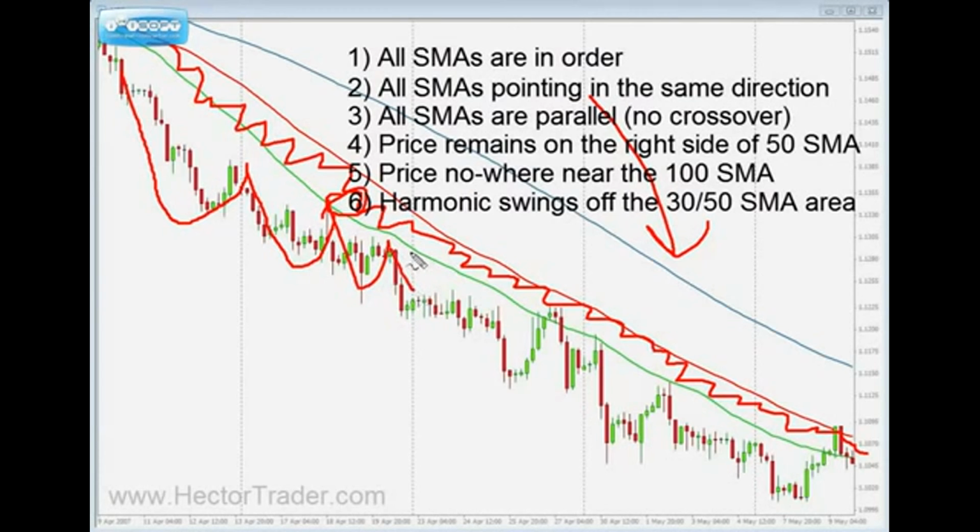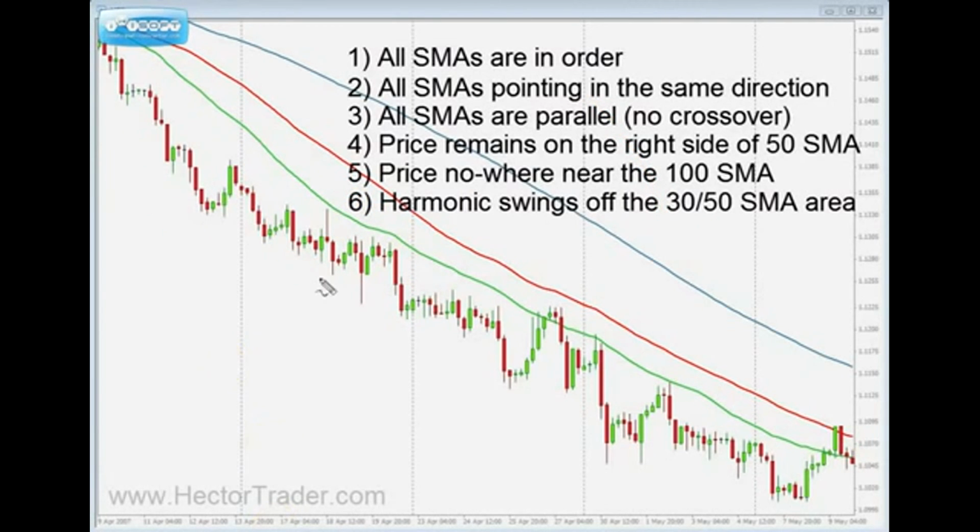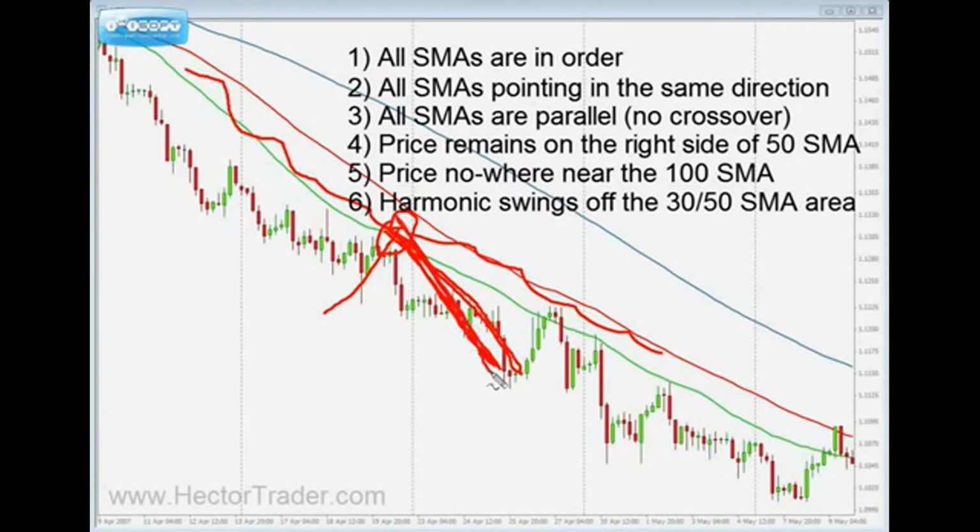I like, for example, price retracing back to this area. This dynamic area of resistance holds the price below, and from there a whole new swing takes off in the direction of the trend. Then sure, we may have another pullback, but I like to see once again the moving averages, the 30 and the 50 simple moving average, or rather the area in between, the dynamic area of resistance, hold the price below, to indeed work as resistance, and from there price to take